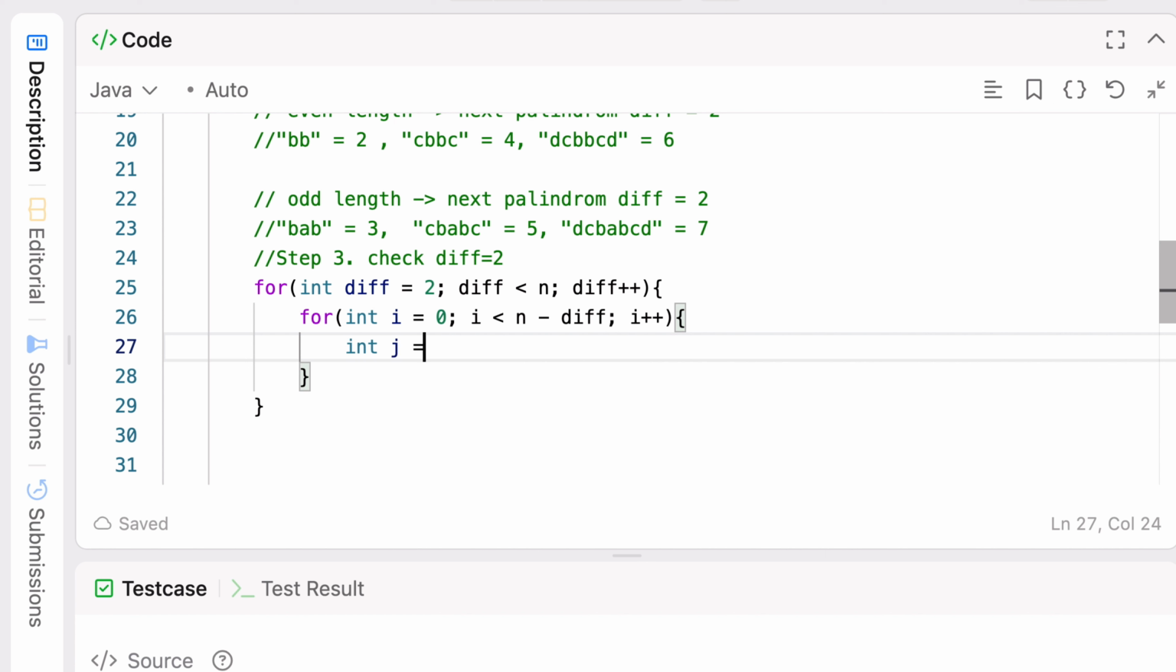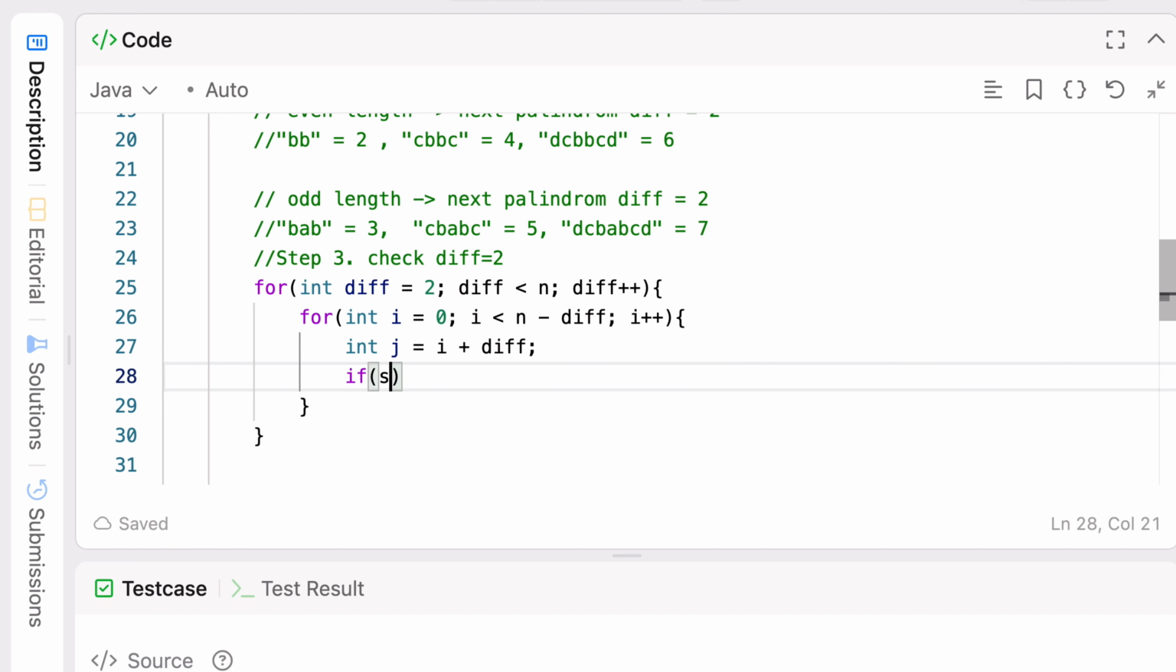So what we need to do, if you have index i, you will pass the difference, right? You can find the j. Now you have i, and now you have j, right? So just you need to make a condition. What is the condition? s dot charAt i. If the character at i is equal to charAt what? i or j? j. If both are same,